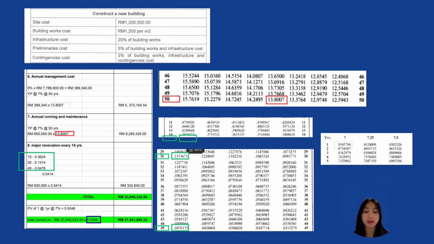Adding these gives 0.5414. Therefore, RM600,000 times 0.5414 equals RM324,840. Adding all construction, management, maintenance, and renovation costs gives a total future cost of